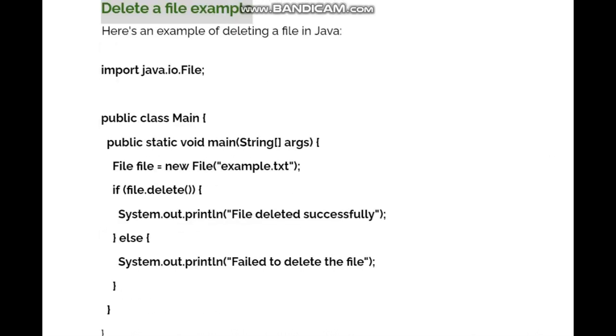Delete a file example. Here's an example of deleting a file in Java. import java.io.File; public class Main { public static void main(String[] args) { File file = new File("example.txt"); if (file.delete()) { System.out.println("File deleted successfully."); } else { System.out.println("Failed to delete the file.");